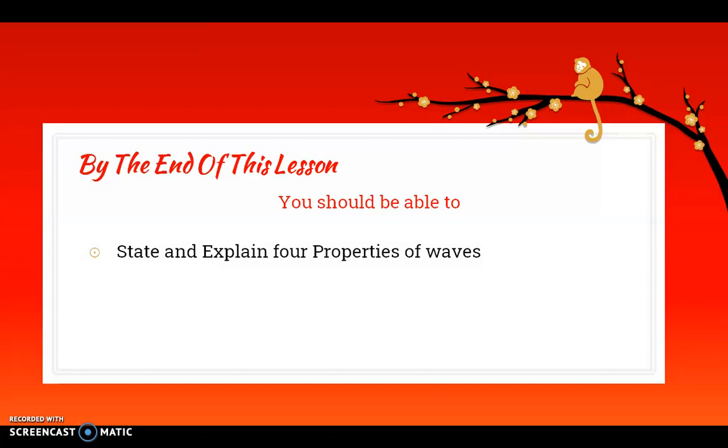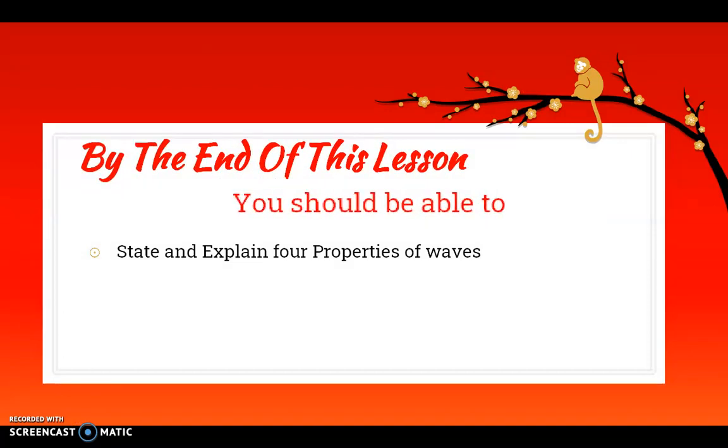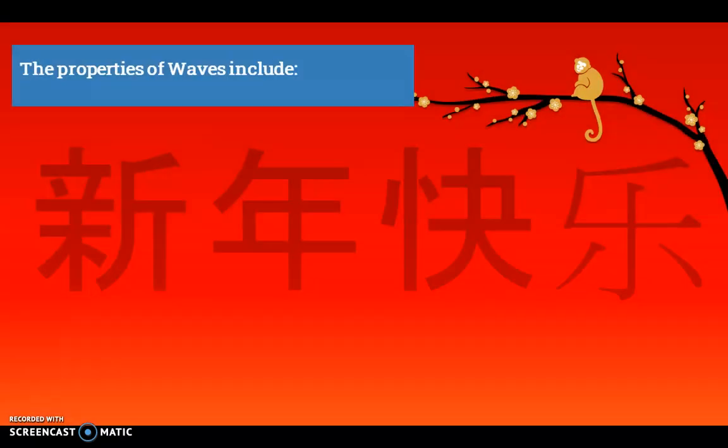By the end of this lesson, you should be able to state and explain at least 4 properties of waves. The properties of waves we are talking about here are the properties the waves exhibit, and these